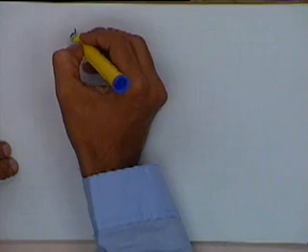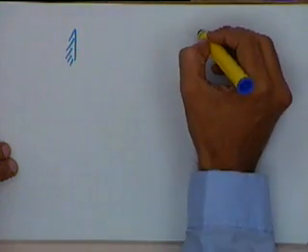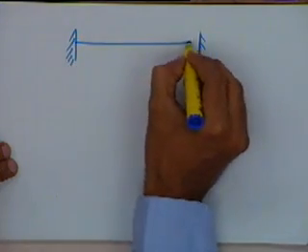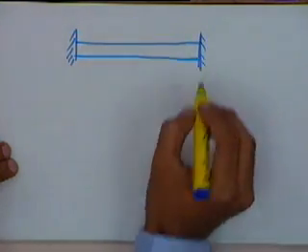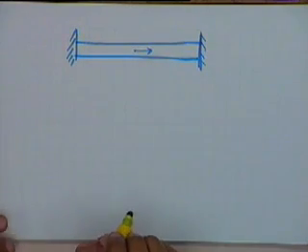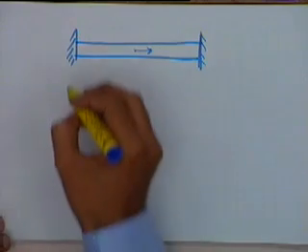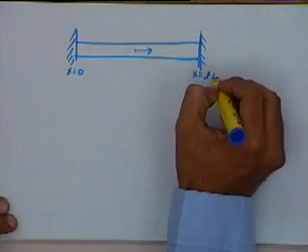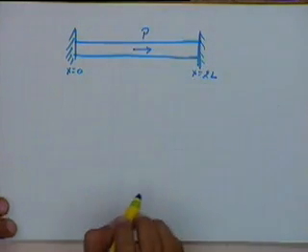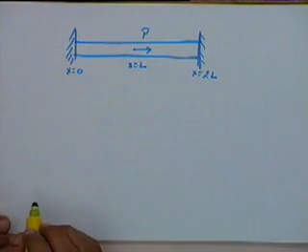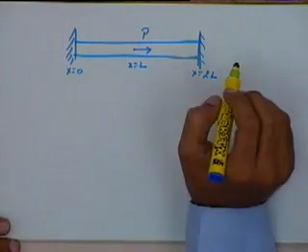What we will do is take the same example, except that we will make it a strictly one dimensional case with the loading also in the same direction. So this is x equal to 0, this is x equal to 2L, and this loading P is acting at x equal to L. We will make it a strictly one dimensional case.